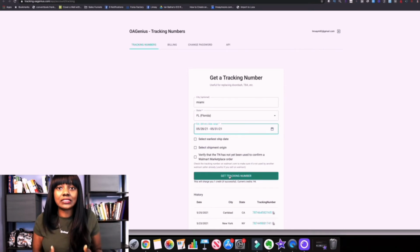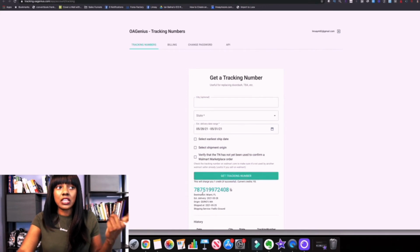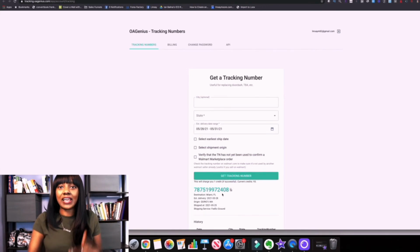Now when I click this, if it comes up with the error saying that no tracking numbers are found, all you would need to do is change the date range that you choose. Maybe you want to choose a longer date range. You don't want to use something that's really constricted. Or you may even need to remove the actual city name and just go by the state in order for you to get a tracking number. So if I go ahead and just click on Get a Tracking Number, now you see I have a tracking number that I can insert inside of Facebook